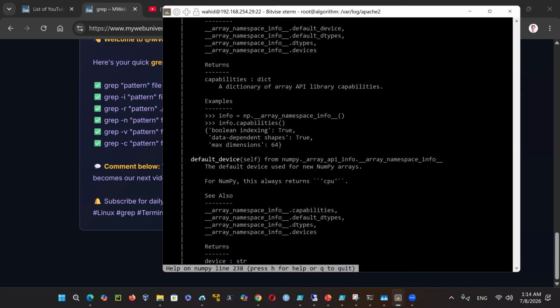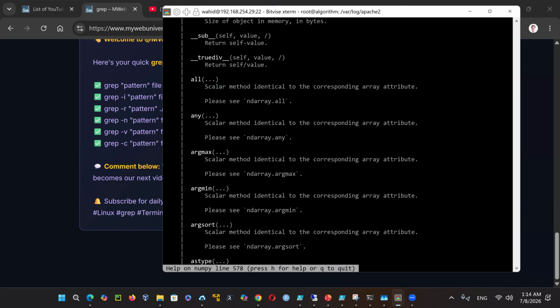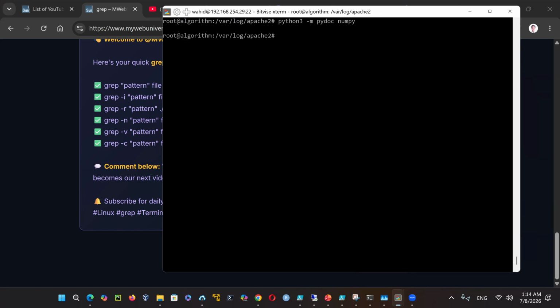You could also do, for example, python3 -m pydoc numpy. So if I'm looking inside numpy, this is a big module, right? So this is all the information. And if I want to say, okay, I did that one, how many lines is that? That is